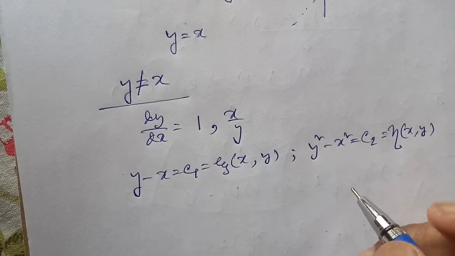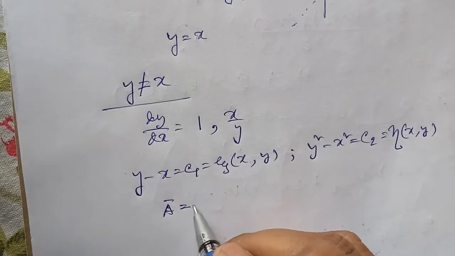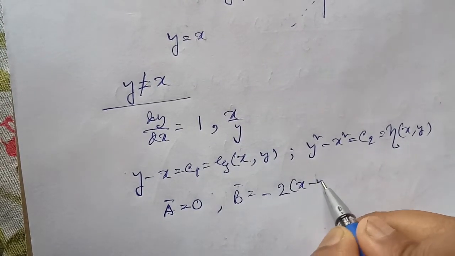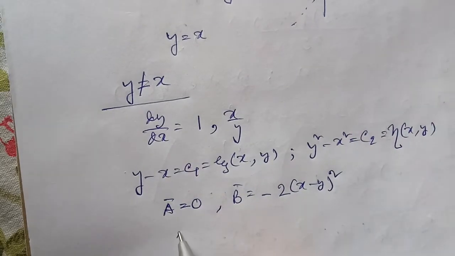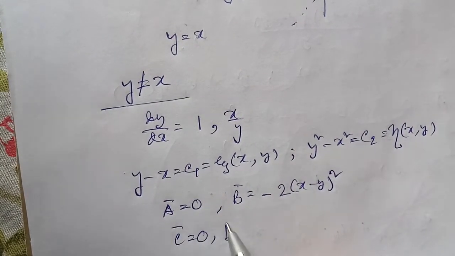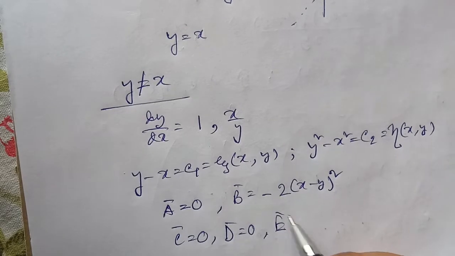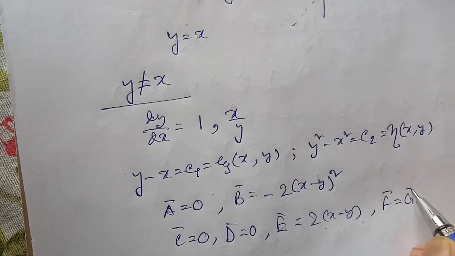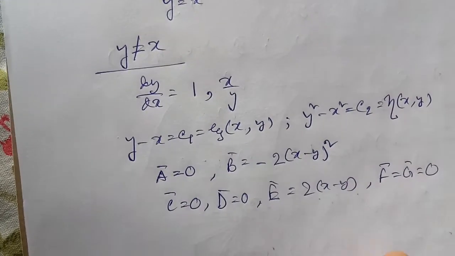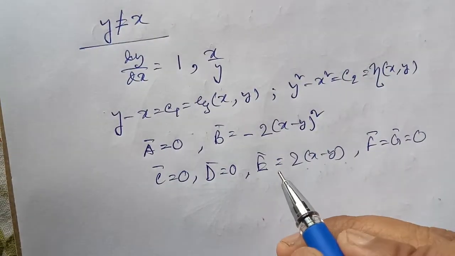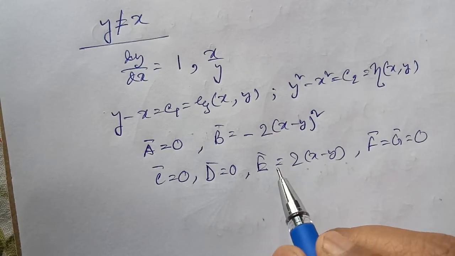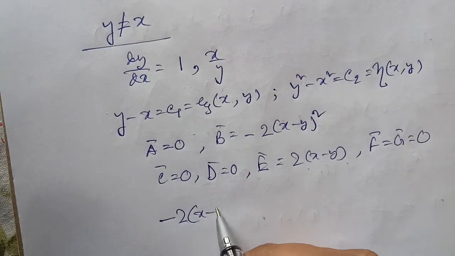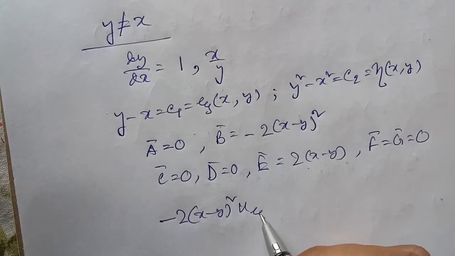and combining them you can find that a bar is equal to 0, b bar is equal to minus 2 (x minus y) square, c bar is equal to 0, d bar is equal to 0, e bar is equal to 2(x minus y). Check them whether I am writing correctly or not, and then incorporating them in the PDE given, you can have the changed one as